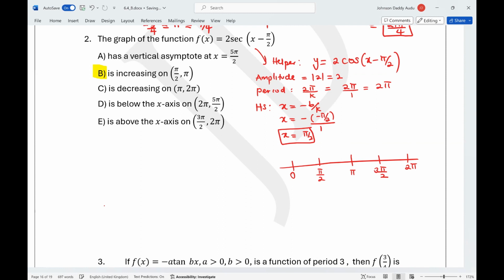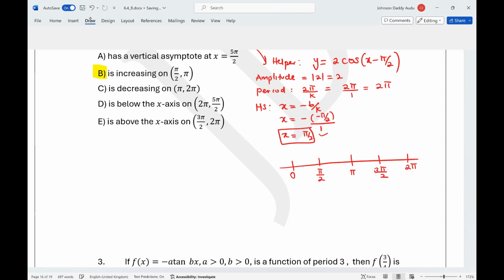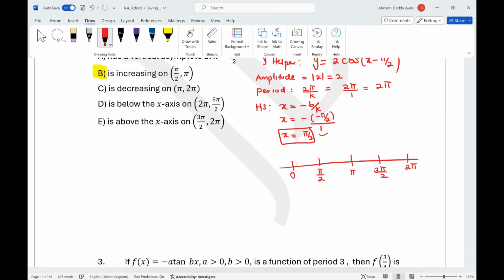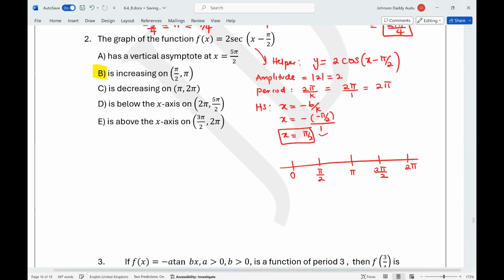But as we can see that we have what? We have a shift, which is pi over 2. So it means we have to what? We have to add pi over 2 to each of these intervals because we have a positive, so it means you are shifting to the right. So we have to add pi over 2 to each interval. All right. So once we have that,